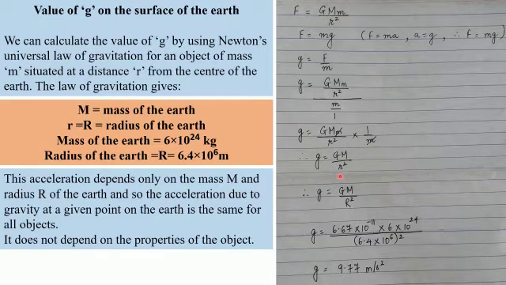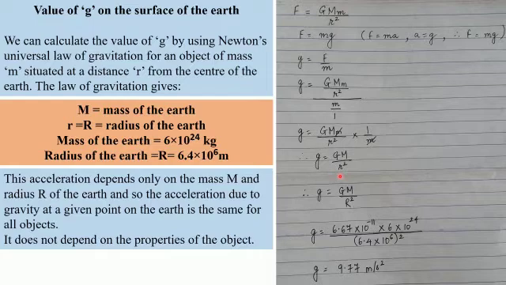Perhaps if you carry out this experiment with a stone and a piece of paper, you will find that the piece of paper reaches the ground a little later as compared to the stone. The stone touches the ground first, whereas the paper takes a little time. That is because of the force of friction that the paper experiences due to air, whereas the frictional force over the stone is comparatively less, and so it reaches first. But if we eliminate all these frictional forces, we will find that the piece of paper and the stone will reach the ground at the same time.